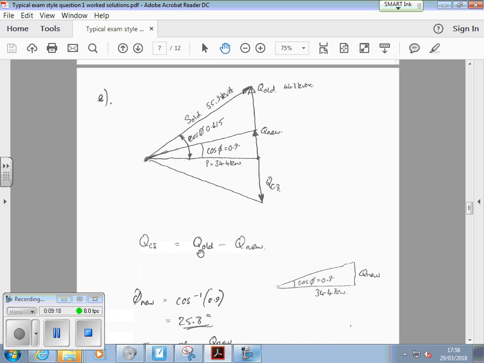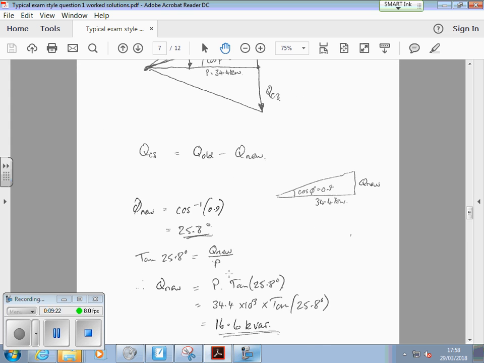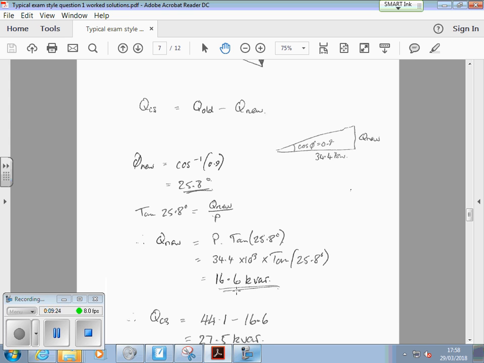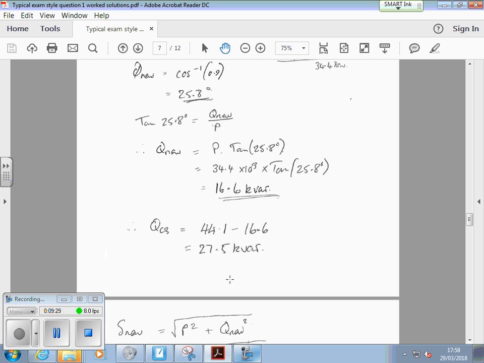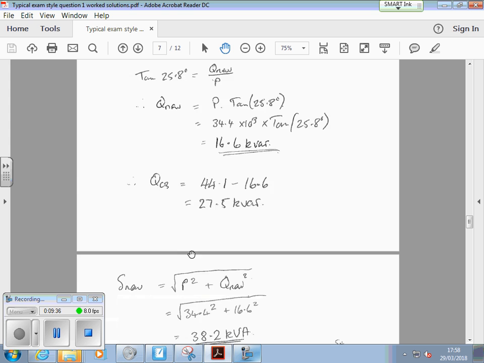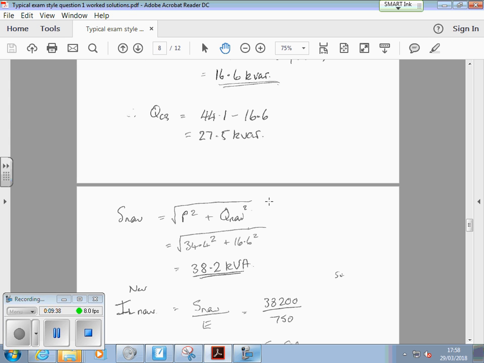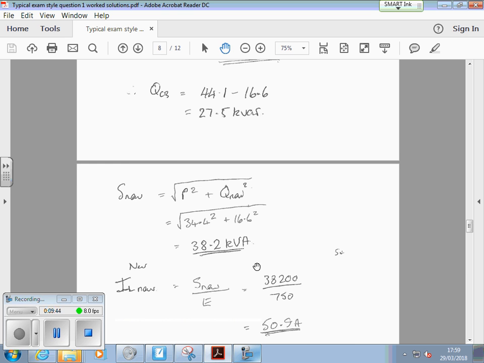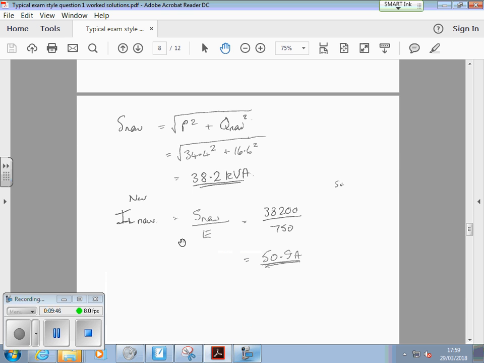So again, we've got an old Q, a new Q. We can find the new Q, which I got as 16.6 kVAR. Take that away from the old to get the Q provided by the capacitor, 27.5 kVAR. That allowed me to calculate a new S, 38.2 kVA. And then new current IL as S new over E,